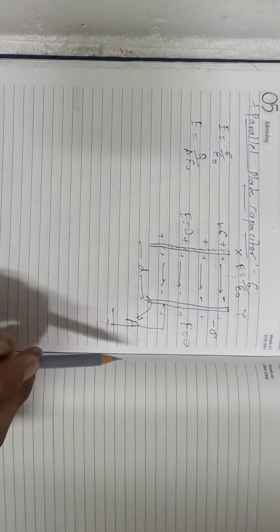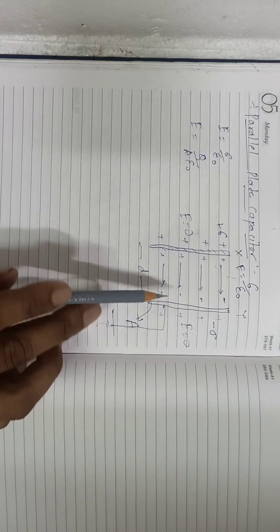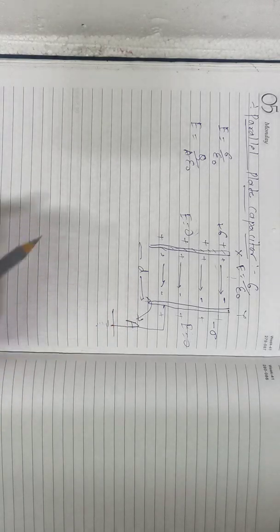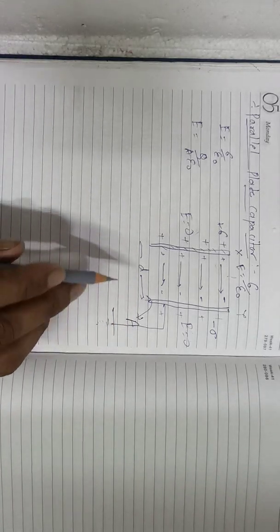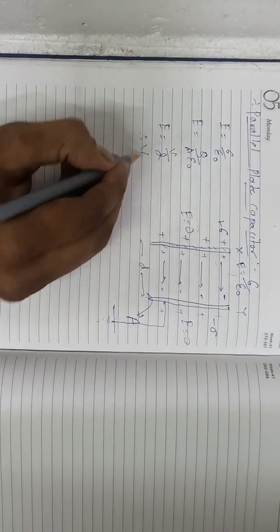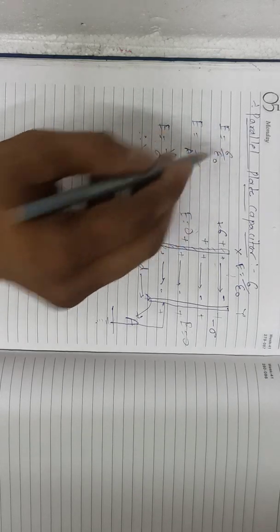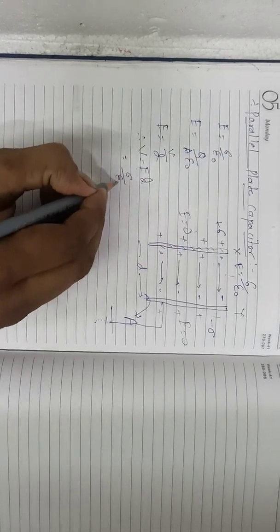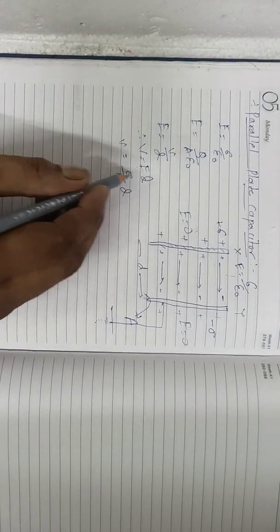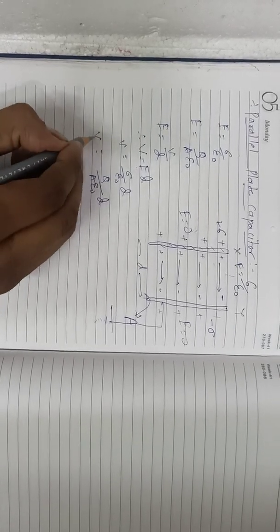Now between the two parallel plates the electric field is uniform and parallel to the plates. You can see here, suppose capital V is the potential difference between the two plates, then we know that E equals V by d, therefore V equals E d. At the place of E now we will put this value, sigma by epsilon naught, so V equals sigma d by epsilon naught, and we know sigma is charge by area. It will be V equals Q d by A epsilon naught.